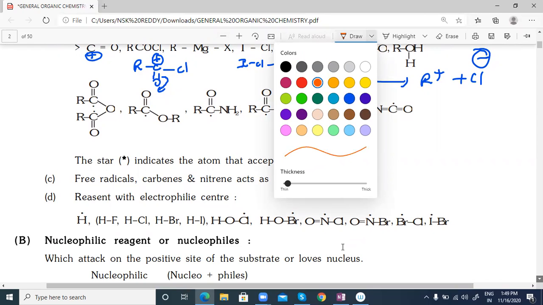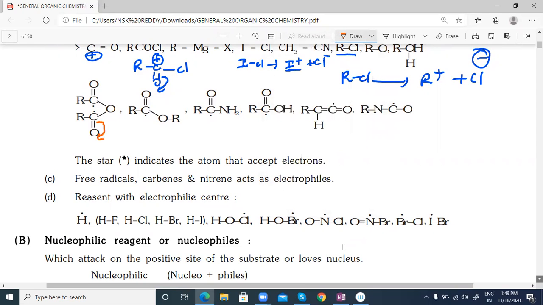So this is the carbon. This pi bond is moving means automatically you get positive character here. So these carbons can act as electrophiles. Here also the pi bond is moving, you can get an electrophile. Here also the pi bond is moving, meaning electrophiles. So these are the list of electrophiles you can find out here very clearly.